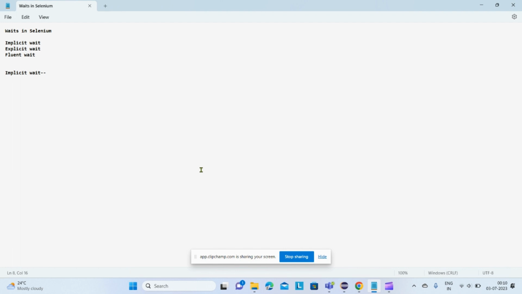So mainly there are three types of waits available in Selenium, that are implicit wait, explicit wait, and fluent wait. Now sometimes you have seen that you have used Thread.sleep, but it's not a good practice to use Thread.sleep. What we do is, we provide Thread.sleep for 3 seconds or 5 seconds or 10 seconds, right? Now it's not a good practice because